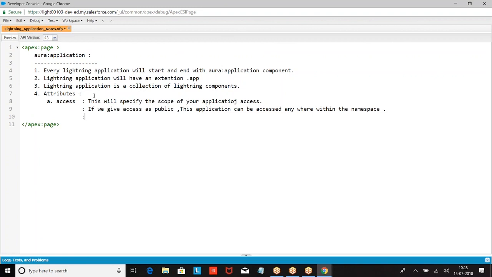If we give access as global, this application is accessible anywhere within the namespace and outside the namespace.